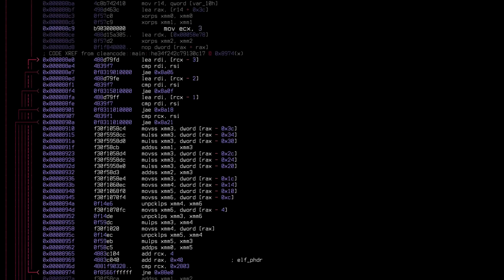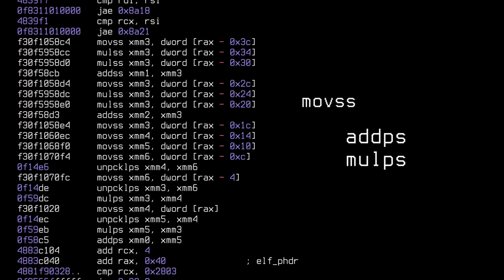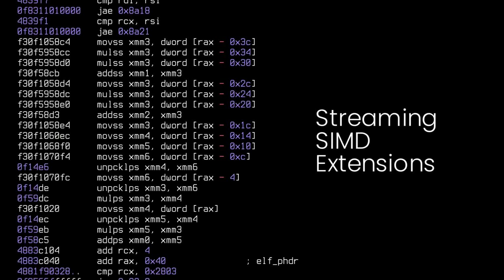Well, because the compiler assigned 3 to the register and started counting backwards when indexing the shape vector. The compiler is way smarter than you and I. The real magic is what happens inside the loop. If you've ever reverse engineered software before, you might have noticed that instead of the move, add, or multiply instructions, what we have here are movss, addps, and mulps instructions operating on weird looking registers that start with XMM. Turns out these instructions and registers are a part of the Streaming SIMD Extensions introduced by Intel in their CPUs about 2 decades ago.